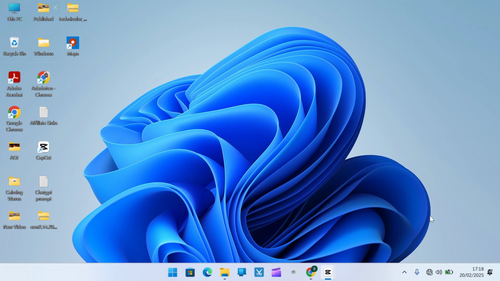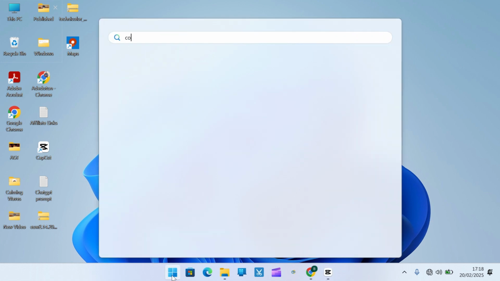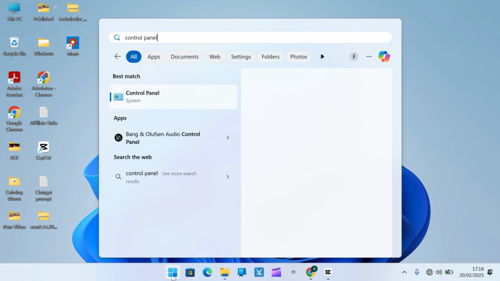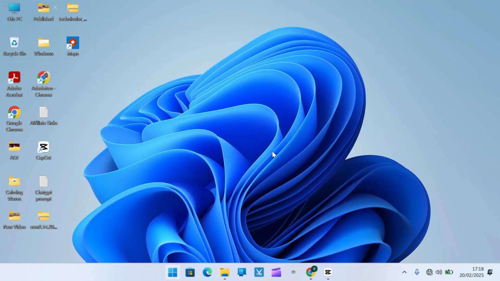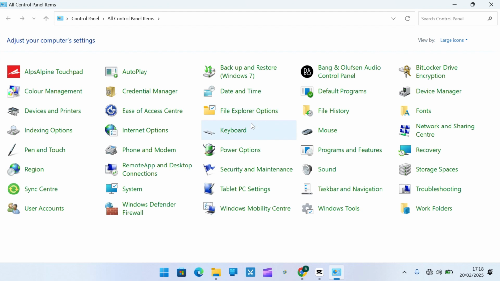Now the first thing you want to do, where you want to turn on or enable wireless internet connection on Windows, is click on the Start button, search for Control Panel, then open the Control Panel. Once you open Control Panel, make sure View By is set to Large Icon, and then under Large Icon, select Network